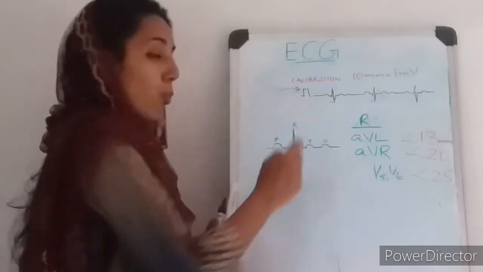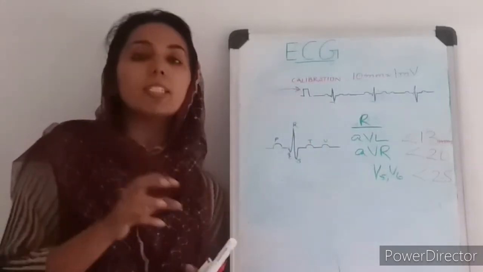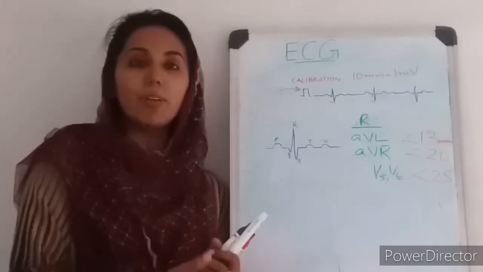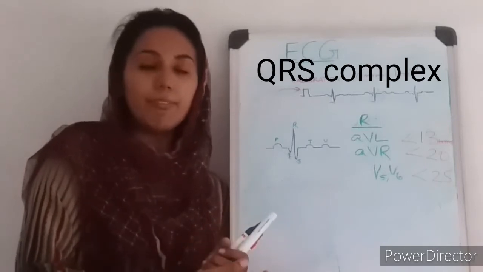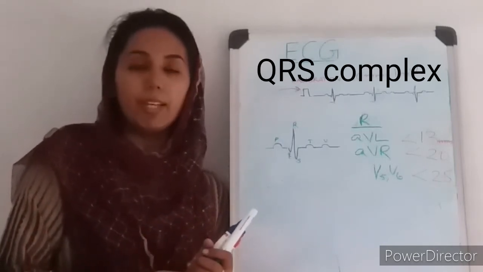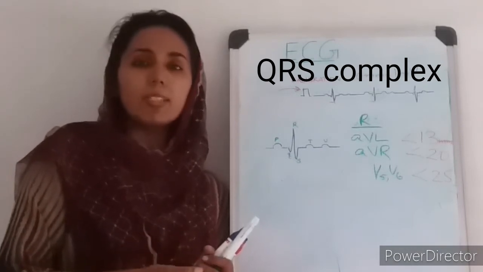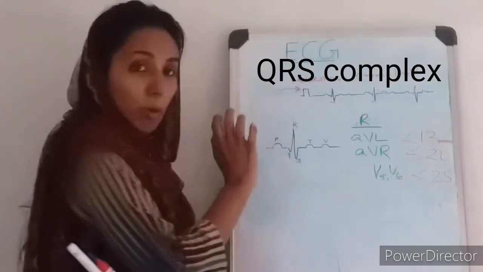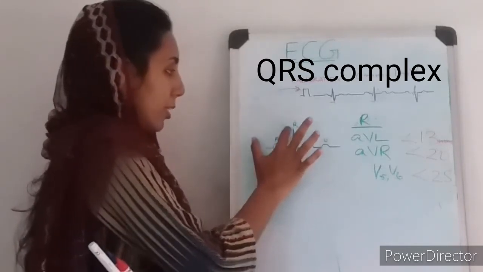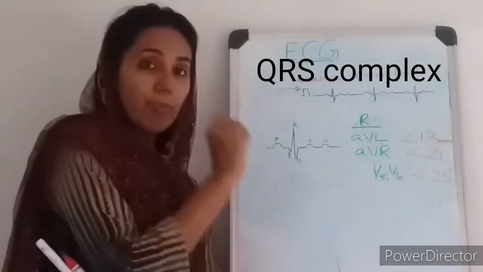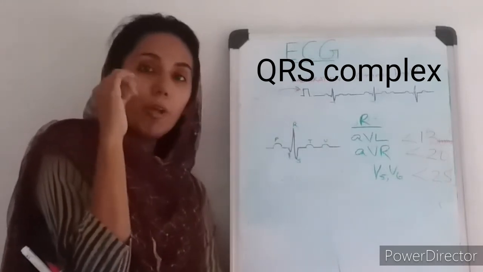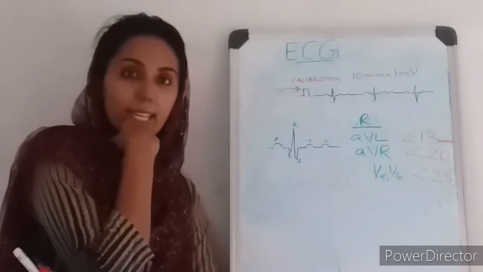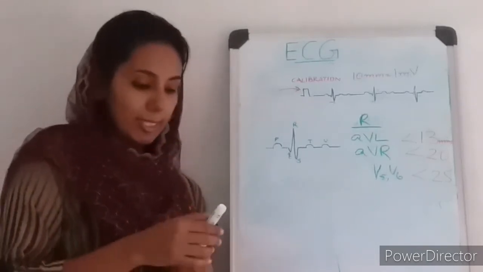Now if you see the QRS complex, what is the QRS complex in short? It is because of the ventricular depolarization. It is all positive in the leads facing the heart from the lateral side or from the left side. So that means in lead 2, AVL, AVF, V5, V6 will all have a positive QRS, that is, predominantly positive. If you calculate the amplitude of R and S, the predominant thing will be positive. Now this becomes important when we want to assess the axis. So how will you know the axis?